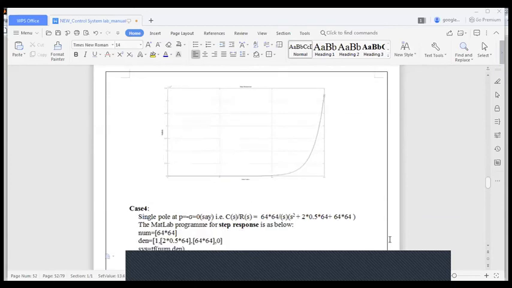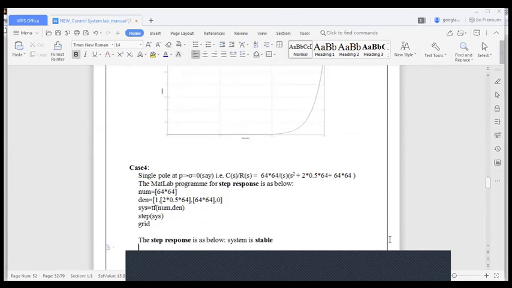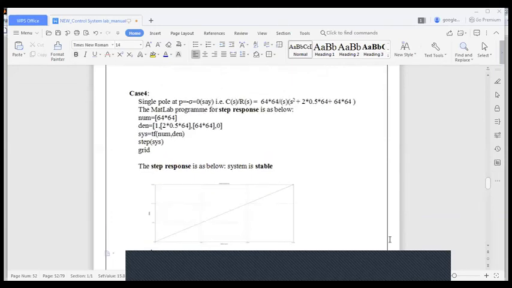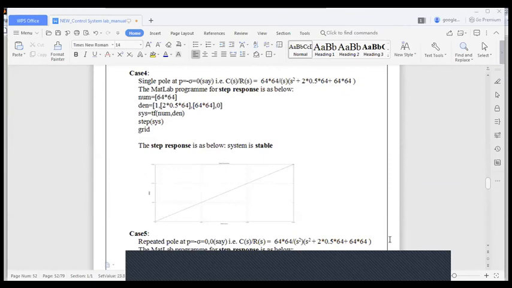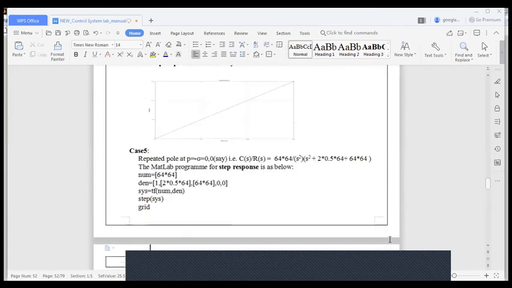In the next case, when you add a single pole at p equal to sigma equal to 0, that means in the denominator you have to introduce s. There will be only change in the denominator. You arrange the coefficients in the decreasing power of s, and then you enter the corresponding coefficients and then you have to run. Now you see that again the system will be stable. This part you can do by yourself.